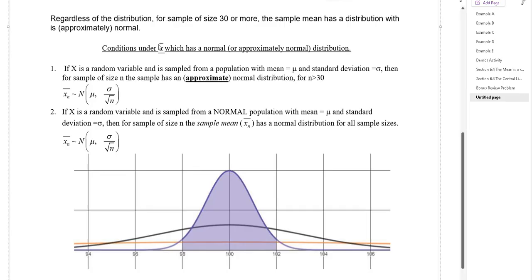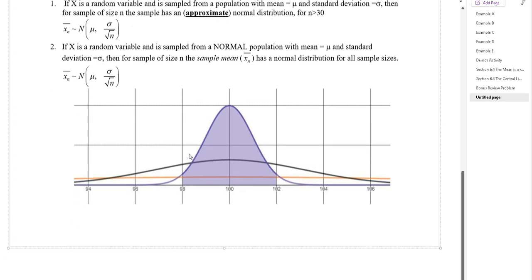Your sample mean itself is a random variable. If I wanted to try and find the average age of this class and I was feeling lazy and I was going to estimate it by taking 5 students from the right, or maybe 4 from the middle, or 3 from the left, whatever I chose, those values are random variables. But the sample mean itself has its own distribution. It has the same mean as its parent population, but its standard deviation changes. It's sigma over the square root of n. And that's kind of nice, because what it means is that when you sample more, you get more information and